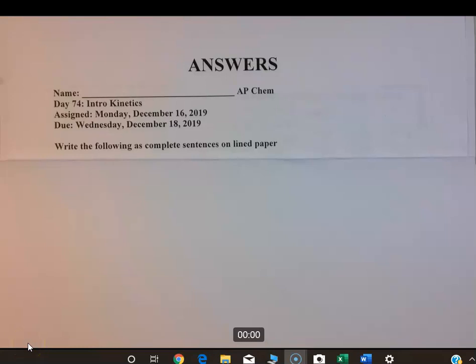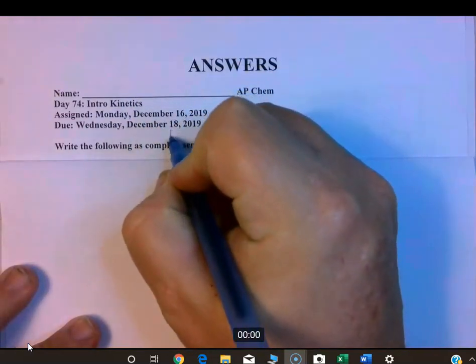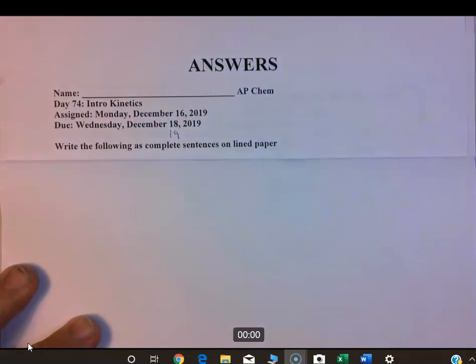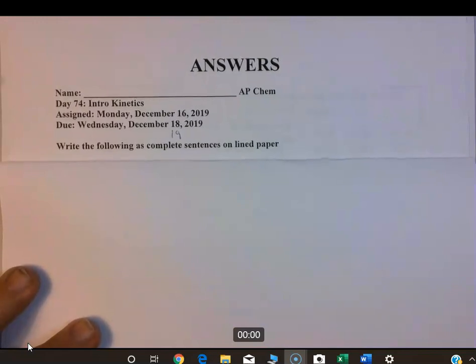All right, this is a day 74 assignment. It's an introductions first assignment in the subject of kinetics, and we did change the due date on this, so it's going to be December the 19th, and that's going to be Thursday. So let's get started. The first couple pages are a lot of definitions and explanations to get you introduced to